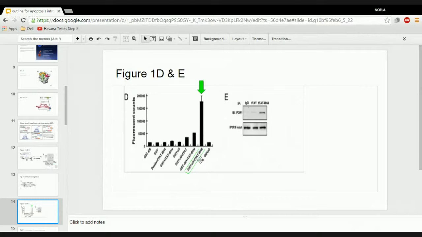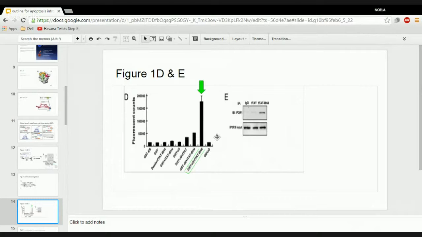So right here, this is a histogram showing the fluorescent counts when they use the fluorescently labeled TAT-BH4 bound to domain 3. Domain 6, we have a very small interaction, but when you use domain 3 with the BH4, you can actually see a huge difference,